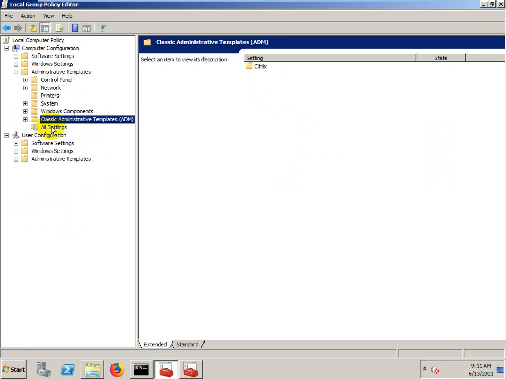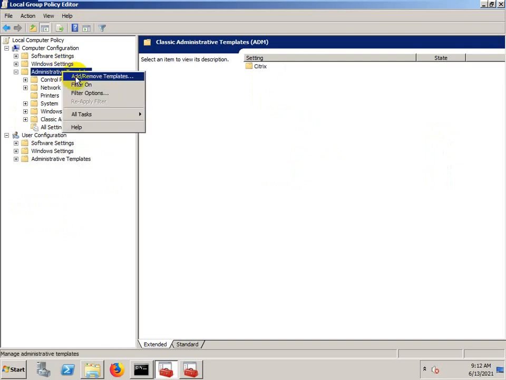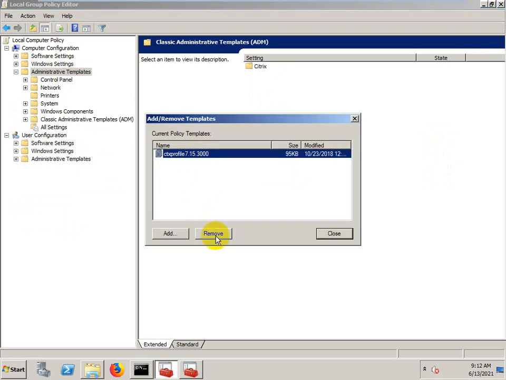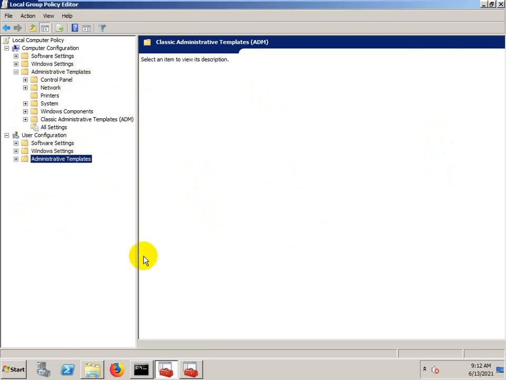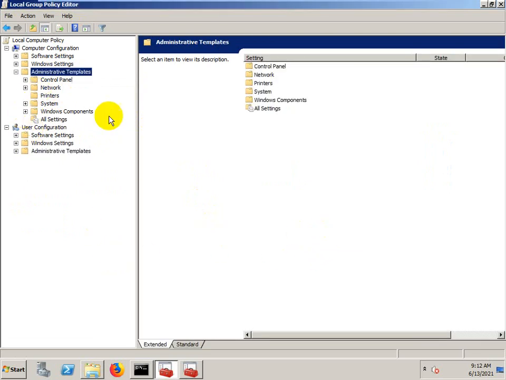And here you can see the classic administrative templates, right? Is it visible? Yeah. So what I'm going to do is remove this and close. Now the classic administrative templates have been removed. So this is the baseline of the group policy editor.